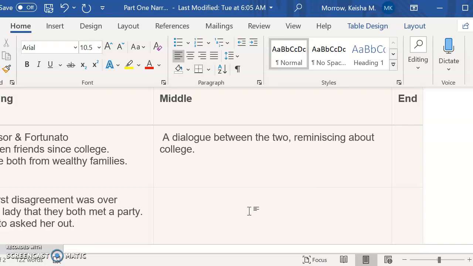Then to build up to the part in which the narrator Montresor says those thousand injuries, here you can say Fortunato